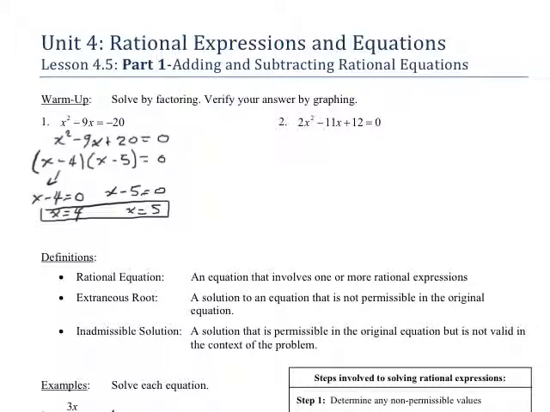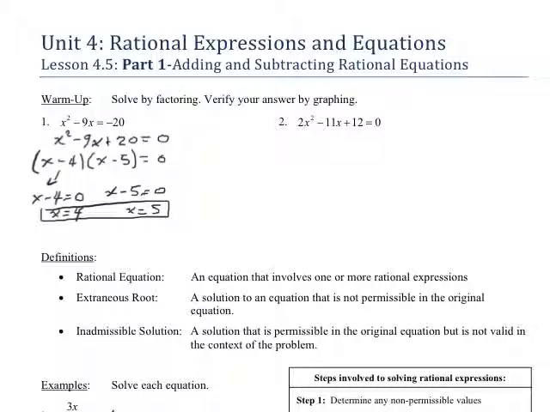The last section of Chapter 4 is looking at solving rational equations and using equations to solve problems or application questions. This first lesson, we'll look at solving the equations, and as a warm-up, you've already solved 2 quadratic equations just as a review of what you've done in the past. The answer to question 1 is up already. Question 2 I wanted to take some time to go over with you,